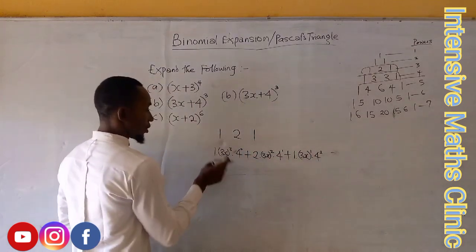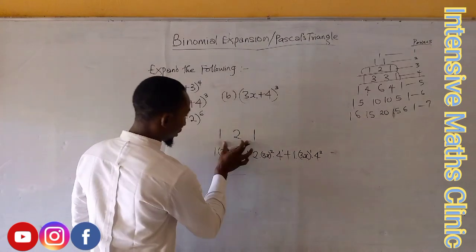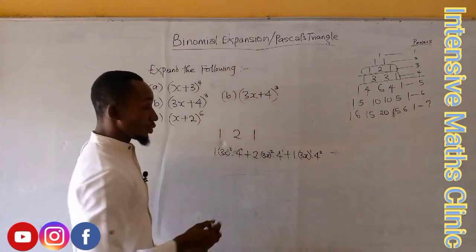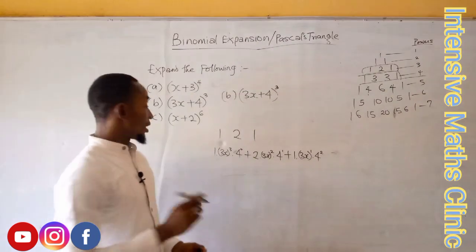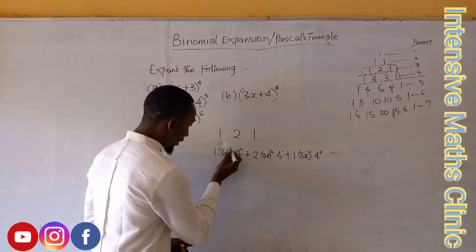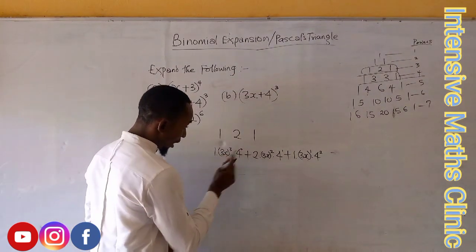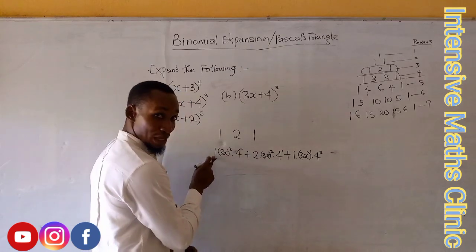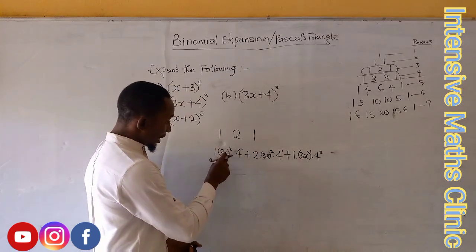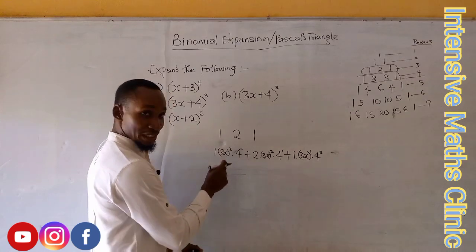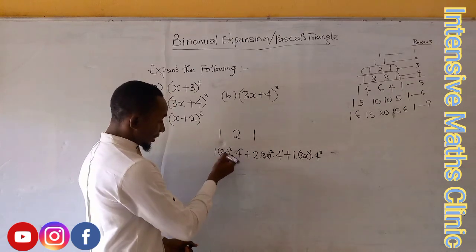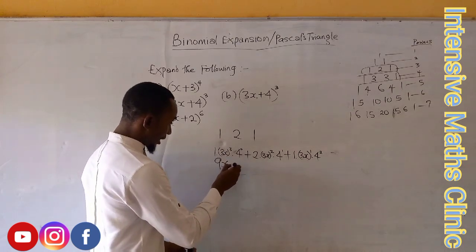So if you look at it, this is 1, 2, and 3. The 3 value powers we're able to get from the Pascal triangle. So we say 1 multiplied 3, 4 raised to the power of 0 is 1. We have 1 here. 1 times 1 is 1. 3x raised to the power of 3. That is 3 raised to the power of 3 is 9. That is 9x raised to the power of 3.